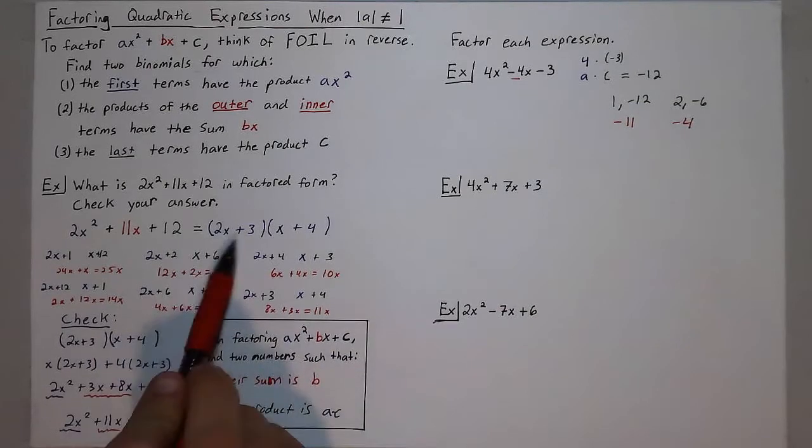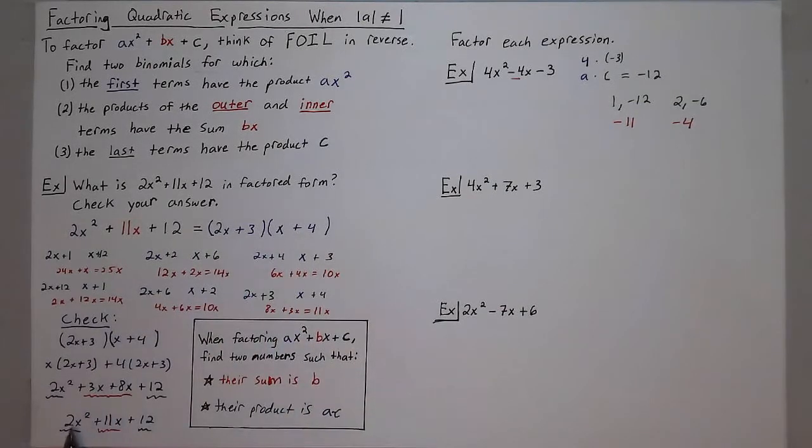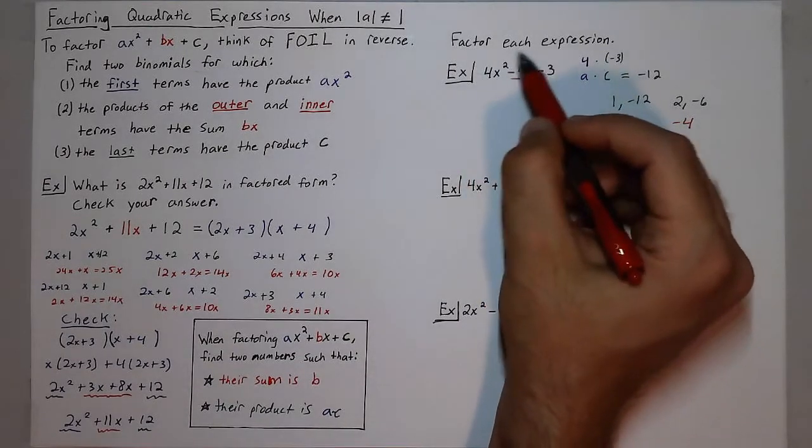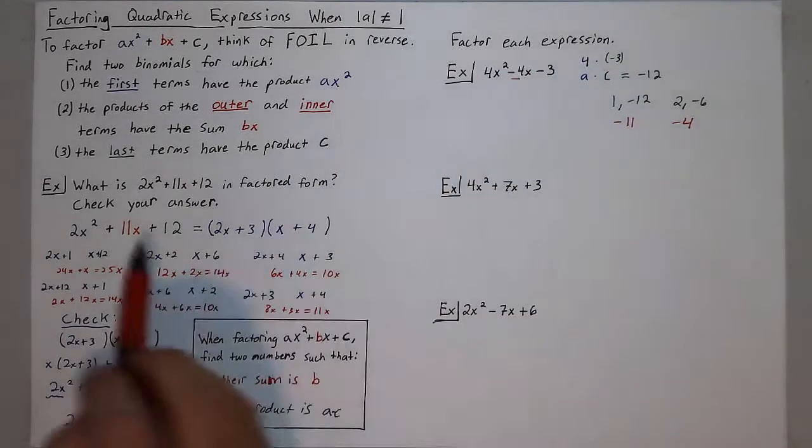Now, instead of jumping straight to the answer here, I'm going to try to actually work this backwards until I eventually get to my answer. Because if I look at this example down here, going backwards, from here to here, if I looked at just the left two terms, I'm factoring out an x. And my right two terms, I'm factoring out the common factor of 4. And after I factor that out, I see that this entire expression had a common factor of 2x plus 3. And when I factor that out, I was left with x plus 4. That's the way that you can really factor these quickly instead of having to guess so many times until you